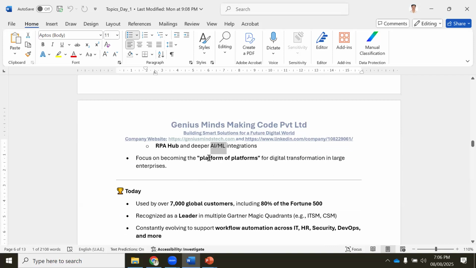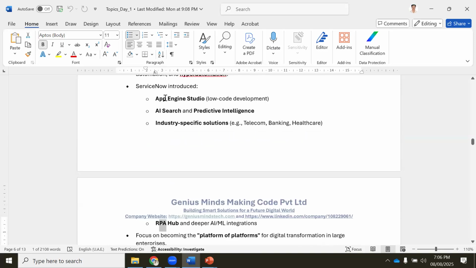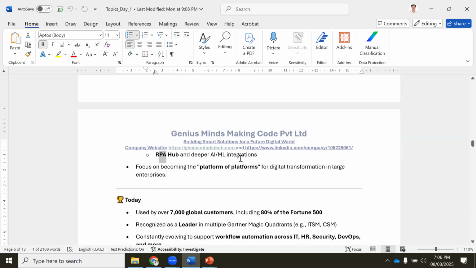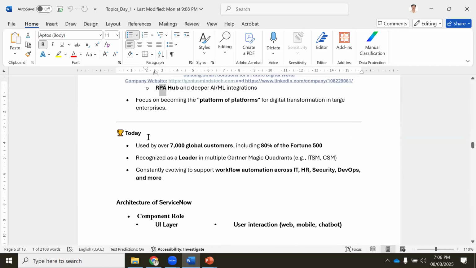The focus became a platform of platforms, meaning multiple platforms have come up. Platform is nothing but multiple systems coming together to work. One is AI, one is RPA, one is App Engine. There are multiple systems becoming a platform of platforms. Okay, so that's how.